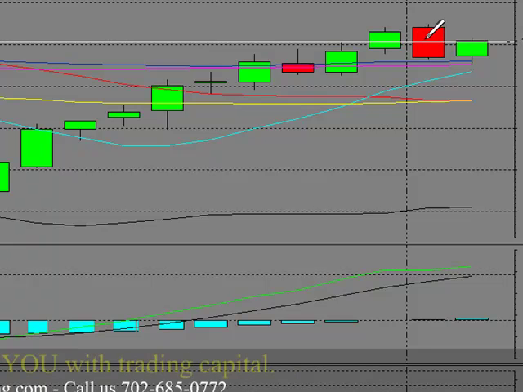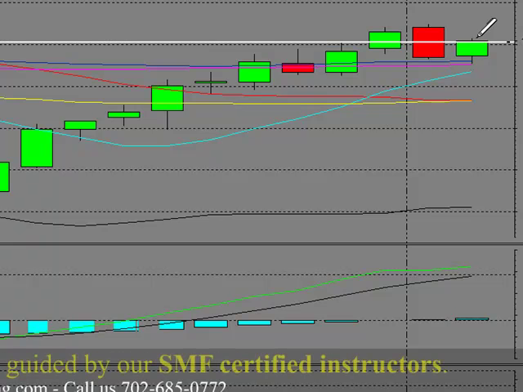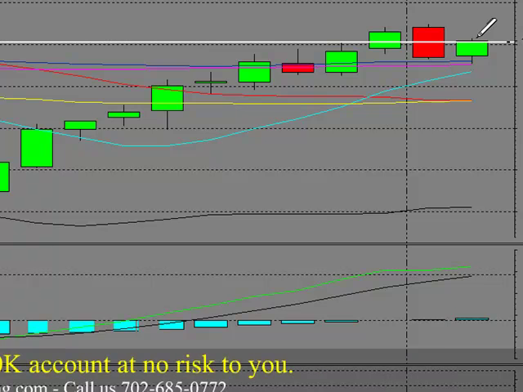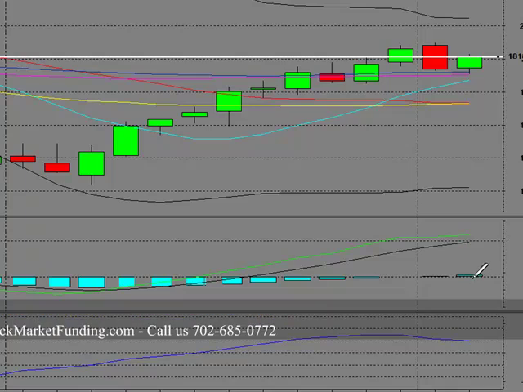And basically, until it does, that's the overhead resistance, and the trend will remain weaker as long as we're below half of the bar. But then when we can get above that bar, that means that equities in general that are in that index are putting in bottoms, and they're tradable. Then that makes up the options. You can start buying call contracts that you can probably hold for 3 to 5 to 10 days and make a lot of money. And what it means is that that monthly buy signal is very powerful, my friends,